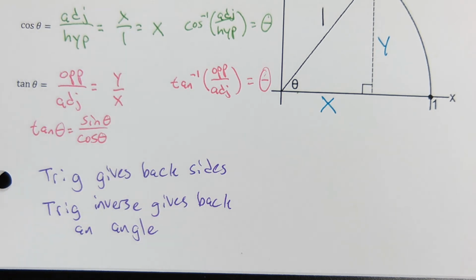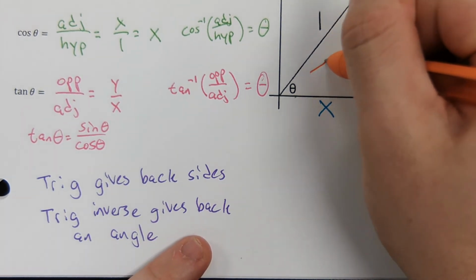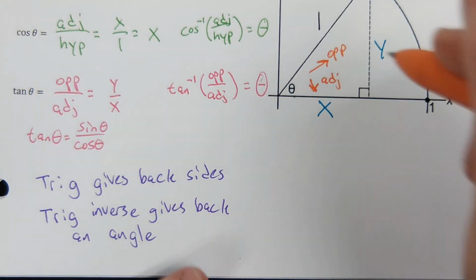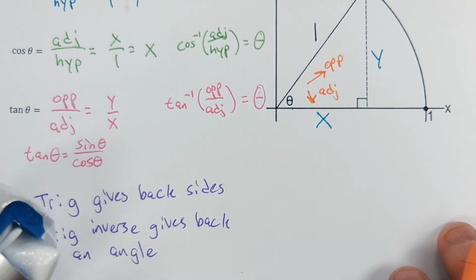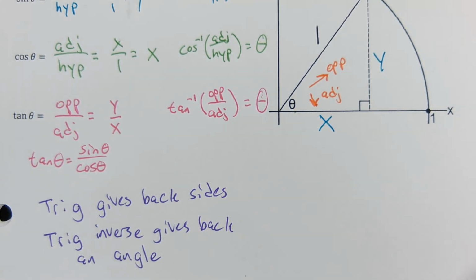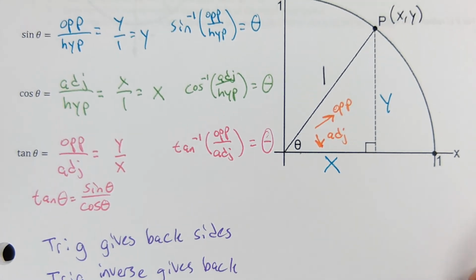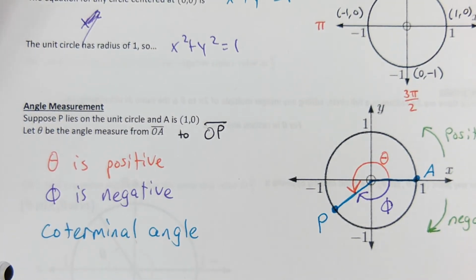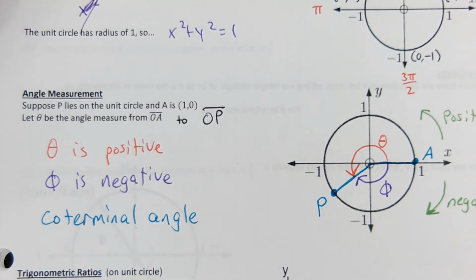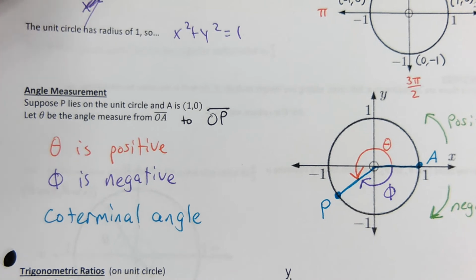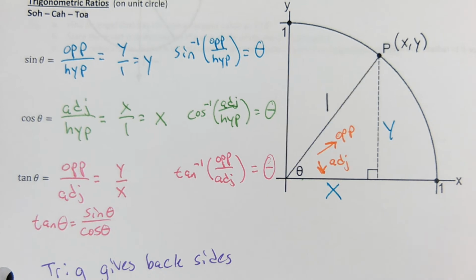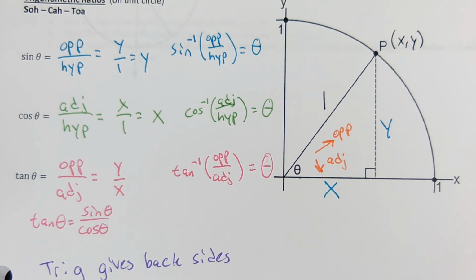In my notes off to my side over here, I wrote that opposite is over here and adjacent is over here. But you guys pretty much knew that. Opposite means across from, adjacent means next to. Okay. And I wrote a couple more things. First of all, up above, I want to think like an IB student now. We reviewed that in the unit circle, x squared plus y squared equals 1. And then down here, we came across the result that sine of theta is y and cosine of theta is x. Therefore,